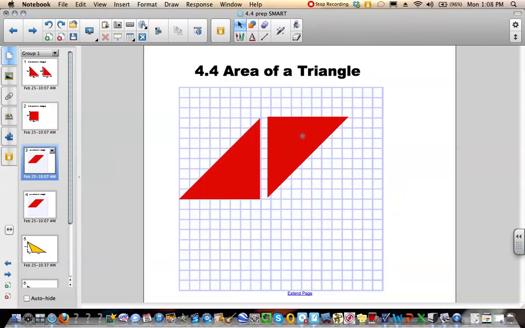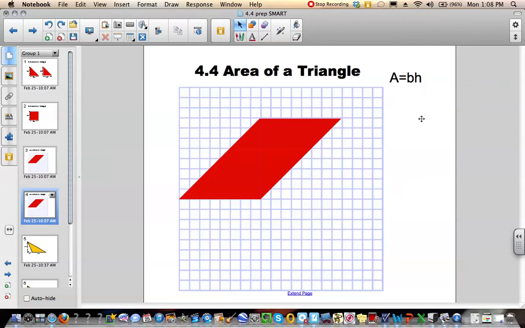So this parallelogram is just two triangles that have been stuck together. From our last lesson, 4.3, in order to find the area of this, we would take our equation: area is equal to base times height. We could count across our base, and we have to go up our height. Remember, this is not the height. This line here is not the height. That is the length of the sides. This line here would be your height, because it has to be at a 90-degree angle